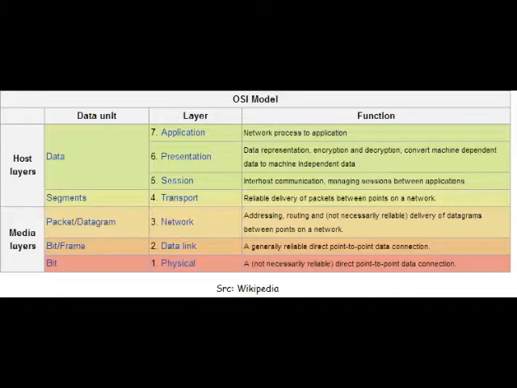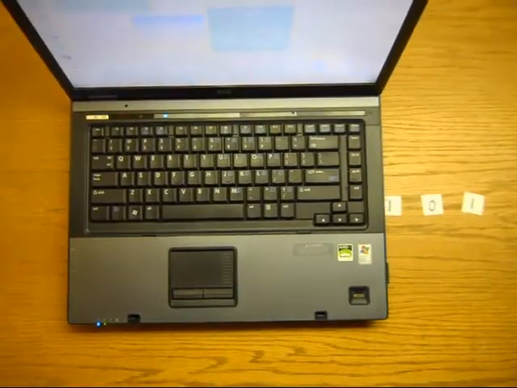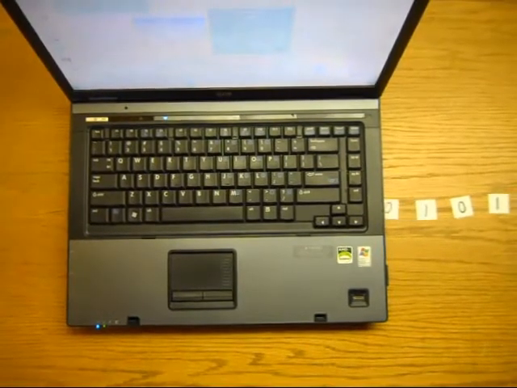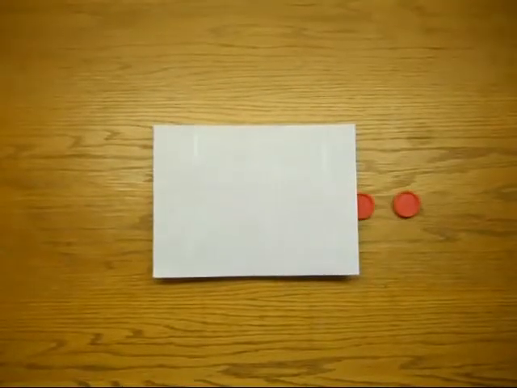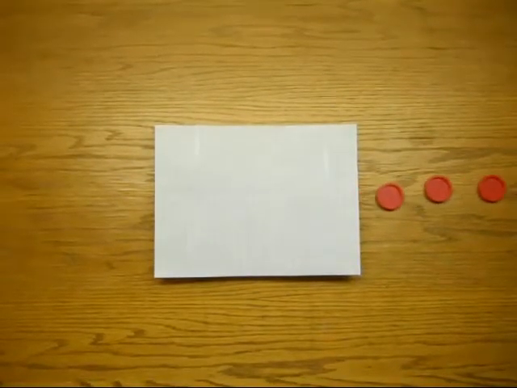The first layer of the OSI model is the physical layer. This layer is used by the modem, the hub, and the Ethernet, and is responsible for the actual transmission of data. It sends data through several different kinds of mediums, such as pulses of infrared or regular light, electric voltages,